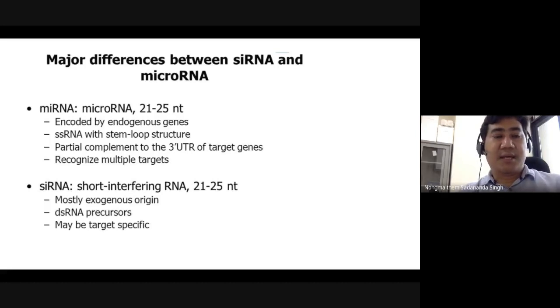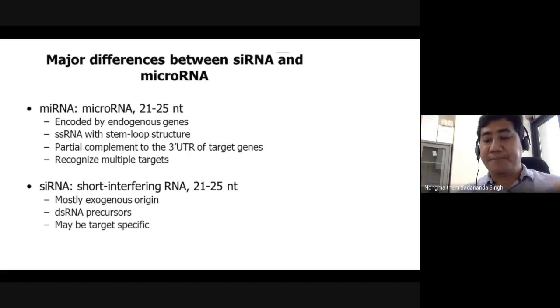And the third difference is that microRNA targets the gene not in a fully complementary way, or 1-to-1 base pairing doesn't happen. There is partial complementarity, meaning some base pairing is there. In the case of siRNA, it's a complete match between the siRNA sequence and the